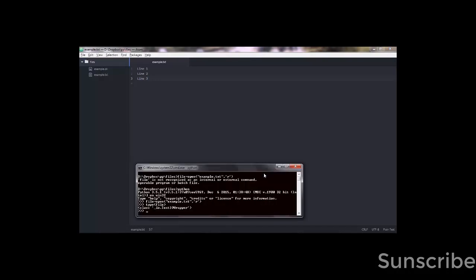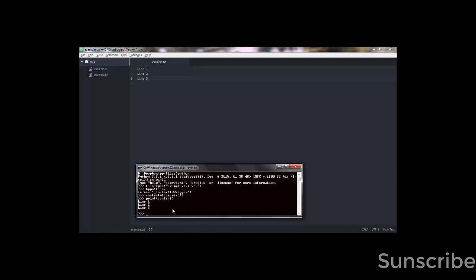Once you have opened that file, you may want to read it, and to read the content of the file, it's wise to save the content in a variable. So I'm calling this variable content, then I'll point to the file object, which is saved in the file variable, and then to the read method. Just like that, and execute. Nothing happens, so that was successful. And now if you print content,